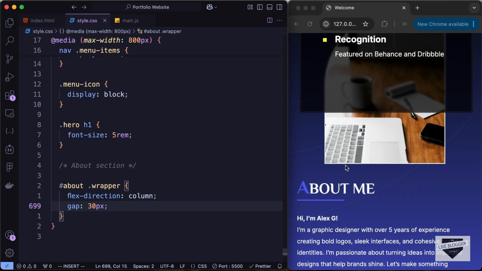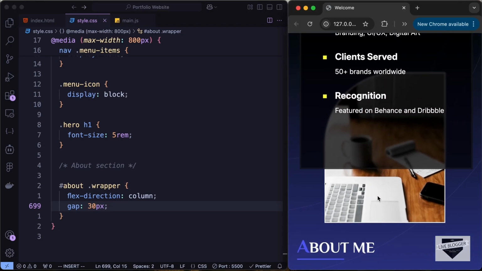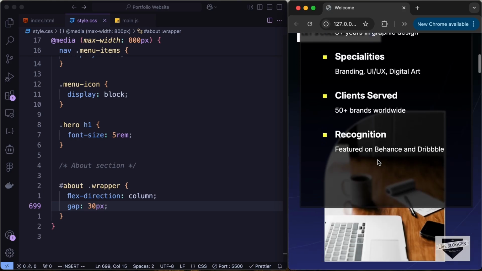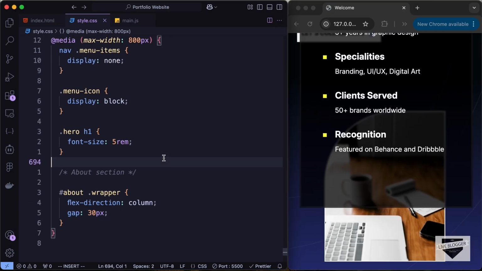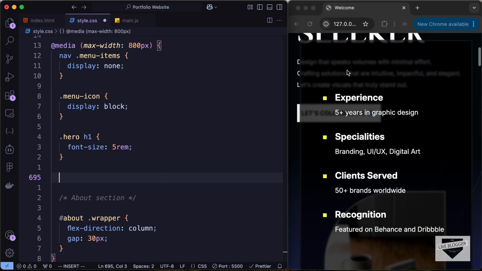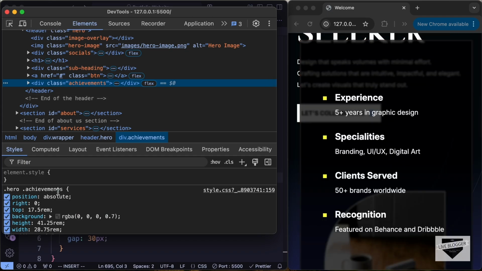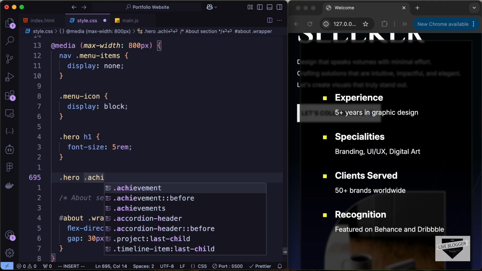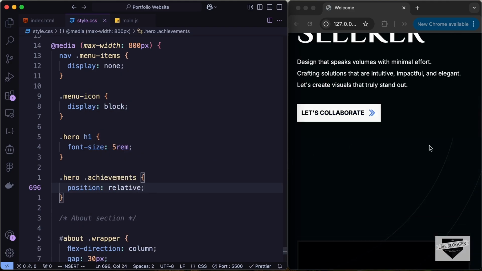So this is how it looks. We have this about image, and this achievement section is displayed on top of the about section. So let's add a position of relative to that. Right now the position is set to absolute. So if we inspect it, here we can see that the position is set to absolute. So let's go ahead and type hero achievements position relative, and